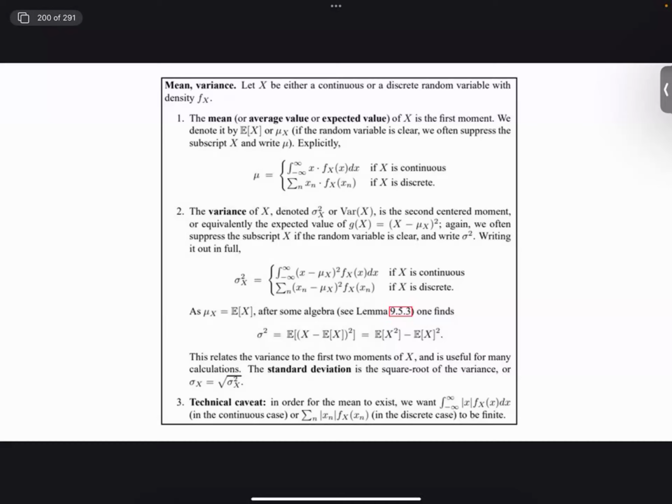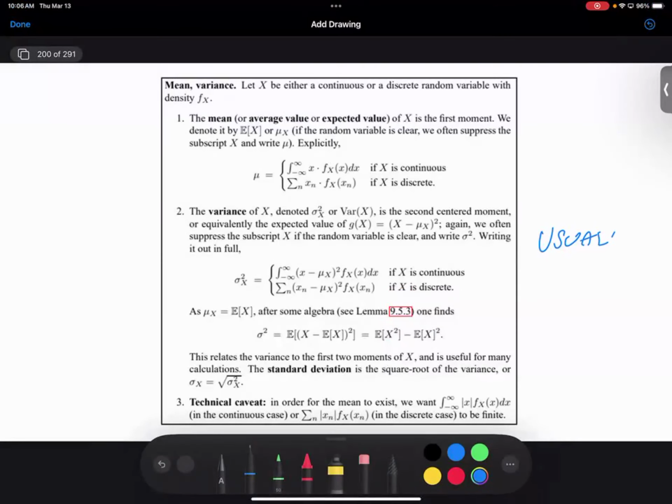This also tells you that order matters. The expected value of x squared usually does not equal the square of the expected value. Order matters. If I square my random variable and then take the expected value, that's not the same as taking the expected value and squaring it. If that were the case, then everything would have variance 0,